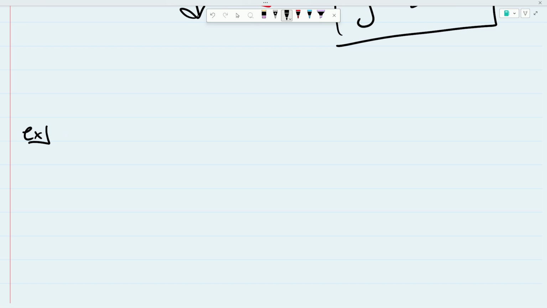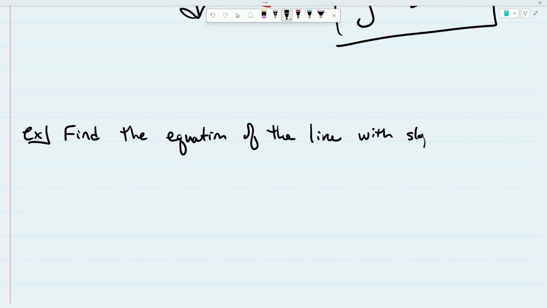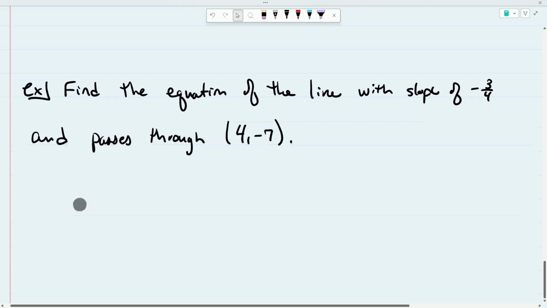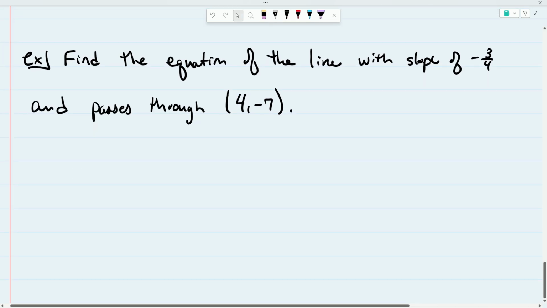For example, if I asked you to find the equation of the line with the slope of -3/4 and passes through (4, -7). Notice in this scenario, although I'm given a slope of -3/4,